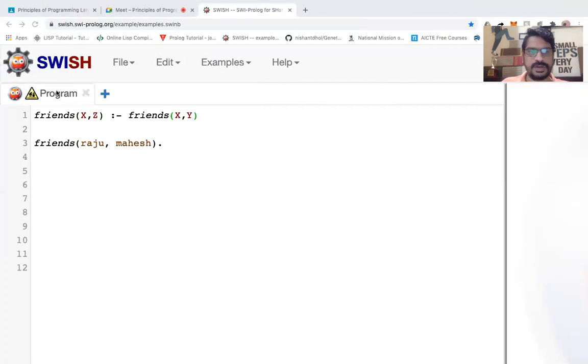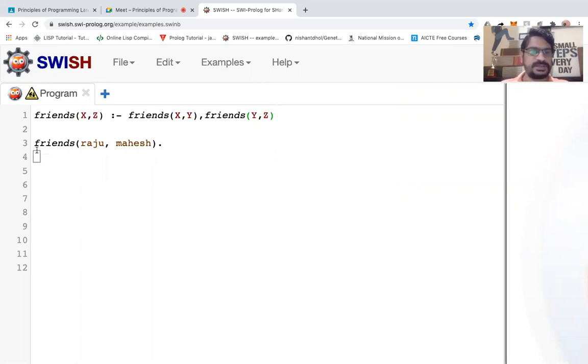We just make it a comma, and y is a friend of z. So it is just mutual, right? If x is a friend of y and y is a friend of z, can I say x is a friend of z? A friend's friend becomes our friend too. In that way, I am putting the logic.